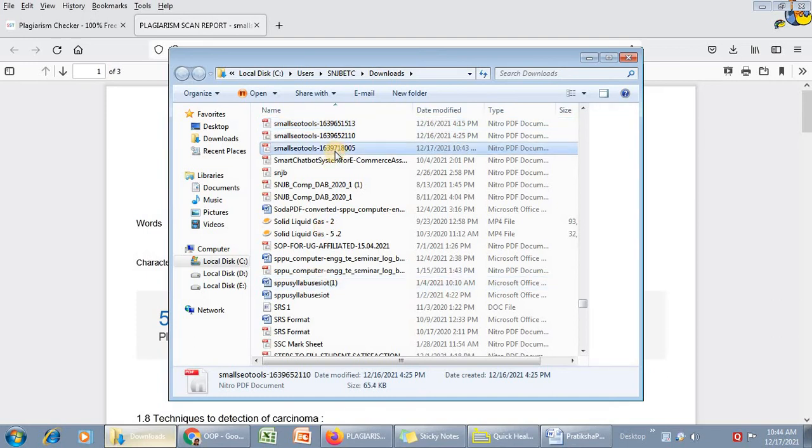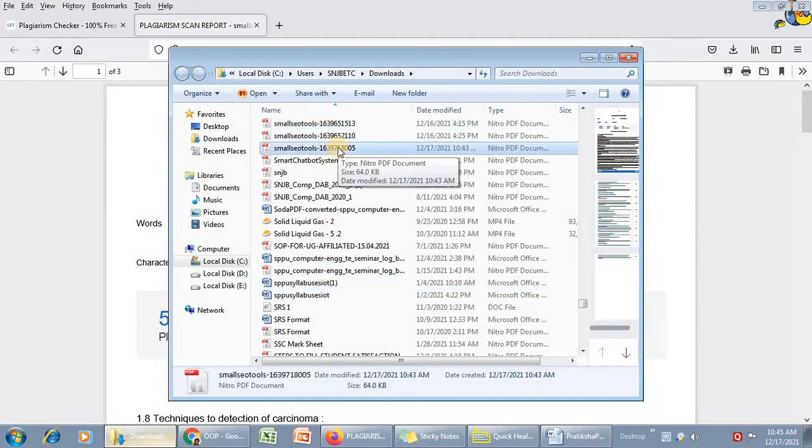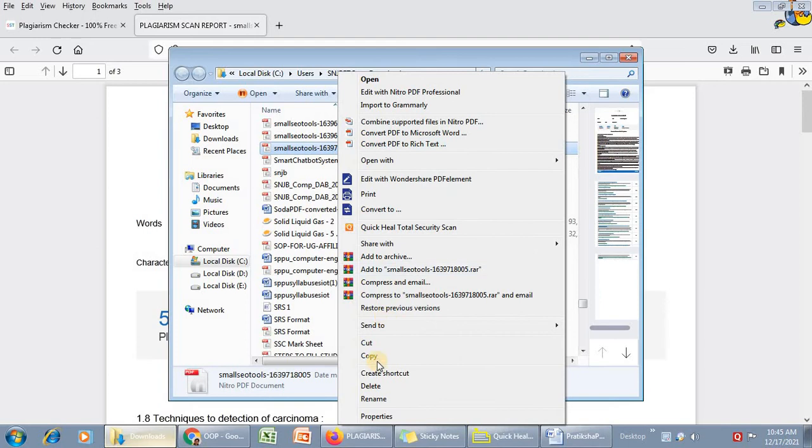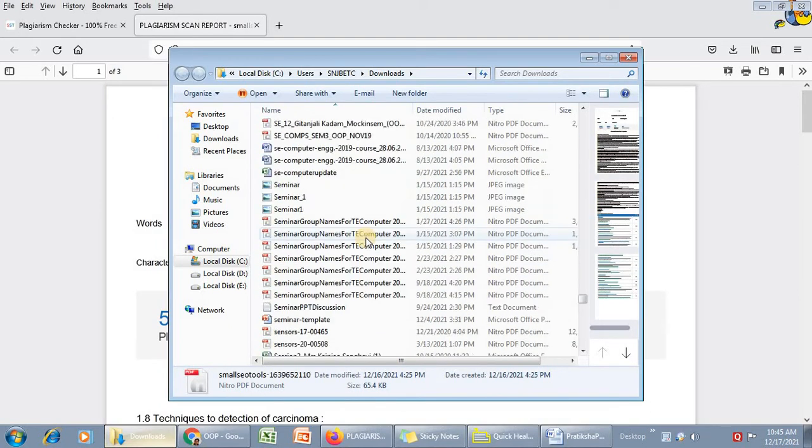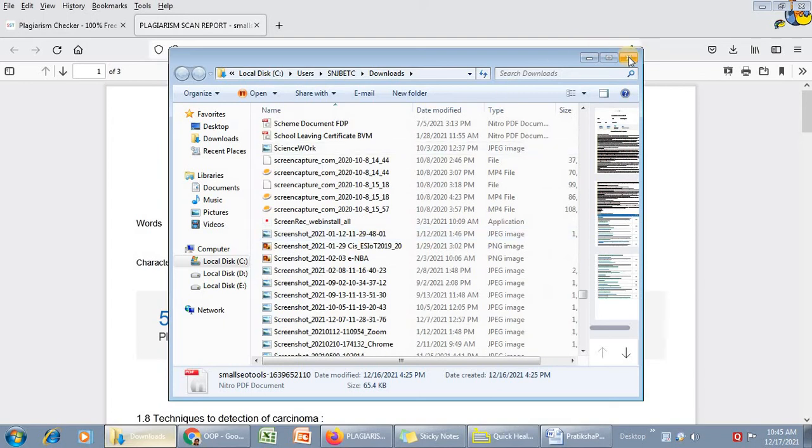Yeah, so here you can observe this is the file which has been generated. Again, rename this file. While renaming, I already told you, chapter 2_1_KMS, and I can give bank management system. So this is my part. Okay, so this is my chapter 1 and chapter 2. Now this is the completion of your reports chapter wise.